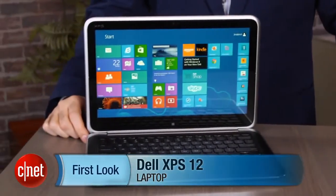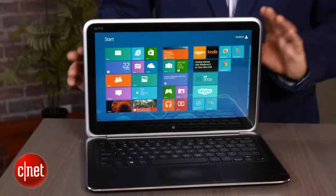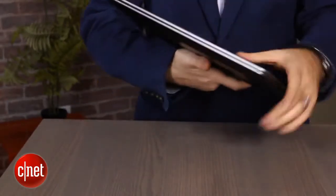I'm Dan Ackerman, and we are here taking a look at the Dell XPS 12. This is a brand new Windows 8 laptop, one of the first laptops built specifically for Windows 8. And like a lot of those other early Windows 8 laptops, it is what we call a convertible, which means